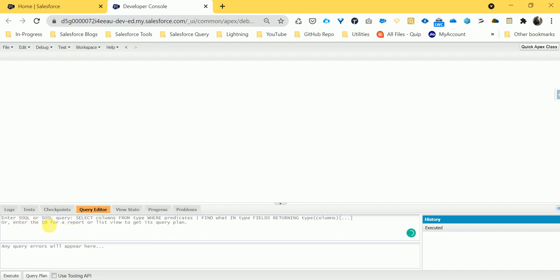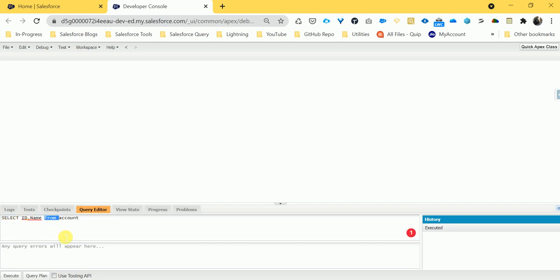So for example, suppose I want to write one query on the Account object, so how to do that? So Name from Account, here you can see. And always remember, once I make a video on the SOQL query and SOSL query, I will explain the naming convention as well.